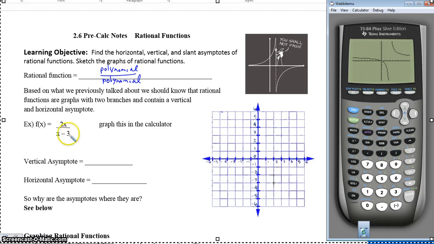So we can see from the example that we're going to start off with, if I ask you to graph 2x over x minus 3, that would be an example of a rational function because you have, in this case, a monomial divided by a binomial, which are both examples of polynomials divided by polynomials. And one of the key characteristics that we're going to notice when we graph rational functions is that it's going to be a hyperbola in the fact that you have two branches,